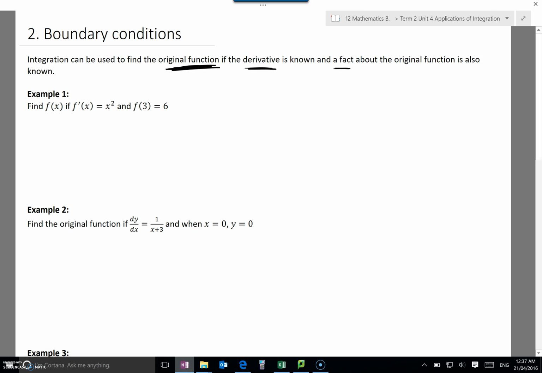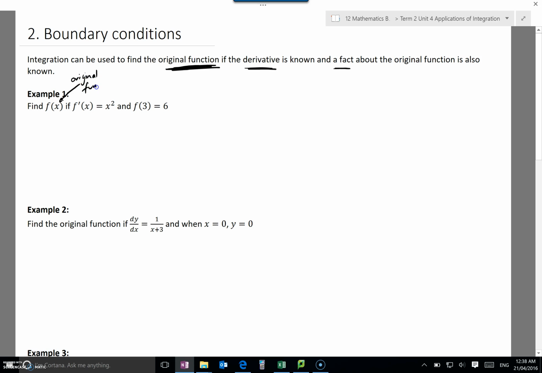So we'll have a go at example 1. Hopefully you'll get the idea. Example 1: find f of x if f dash x equals x squared and f of 3 equals 6. There's a lot of detail going on there. What this is really saying is find the